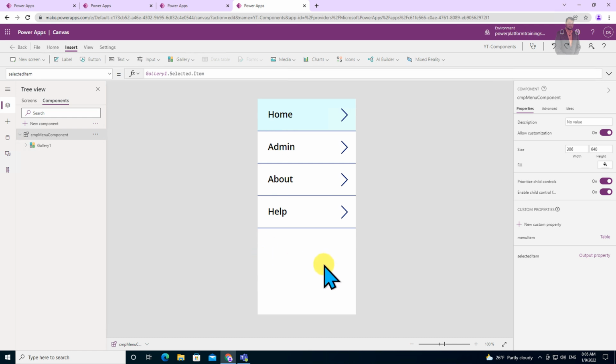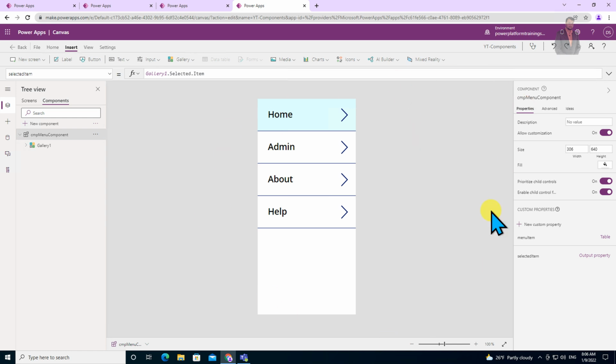Also, another important difference is that, for example, you are developing this menu component. This is common in 10 apps, but in one of the apps you want to customize this component. In order to do that, it also provides you the option allow customization in the component library, which means that whenever you are adding that component, you can edit that component in the local app, meaning it will work as this particular Canvas component. Now let me talk about that in detail.